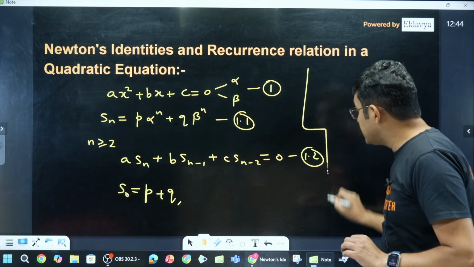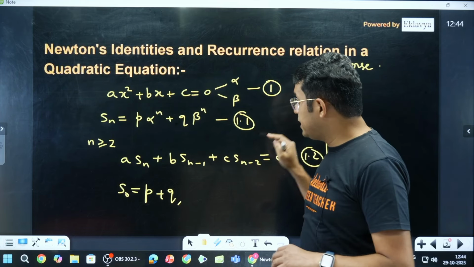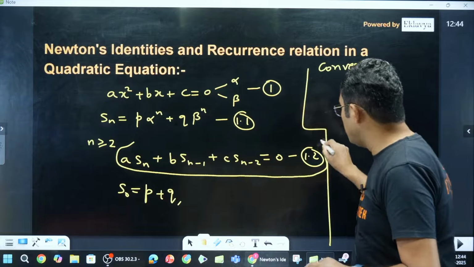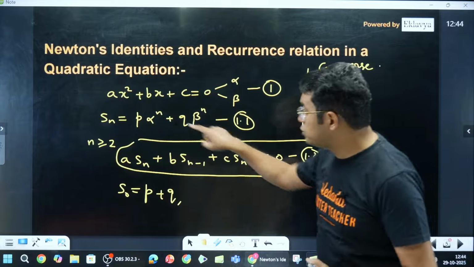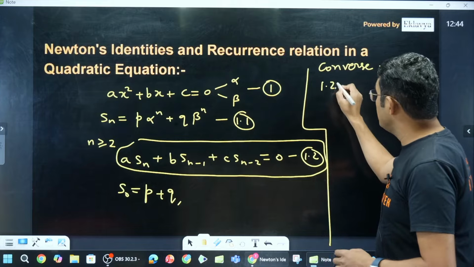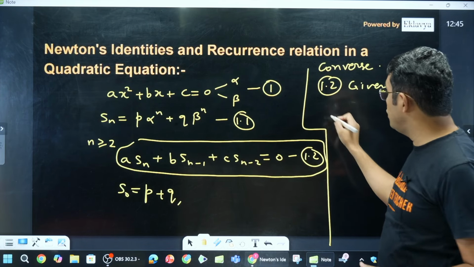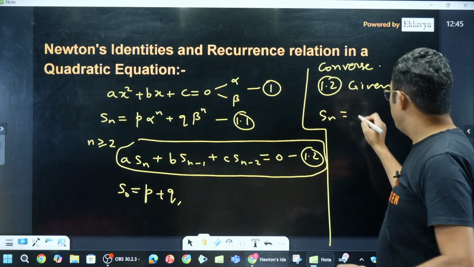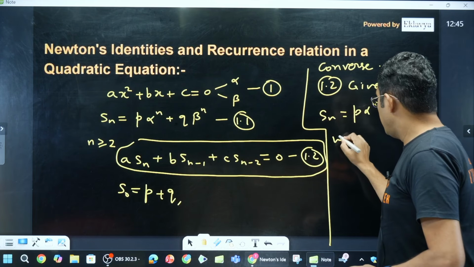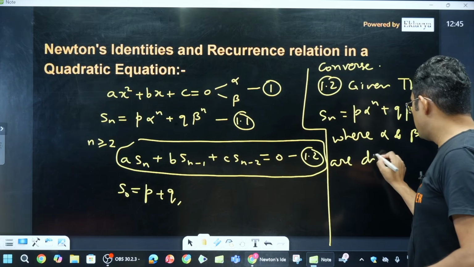Let me talk of a converse thing also. When we say converse, that means we are given this recurrence relation. Now we want to know whether Sn will have a solution of this type or not. So suppose your equation 1.2 is given, then we say Sn will be only p into alpha power n plus q into beta power n, where alpha and beta are distinct roots